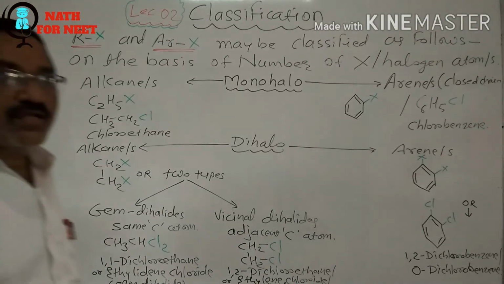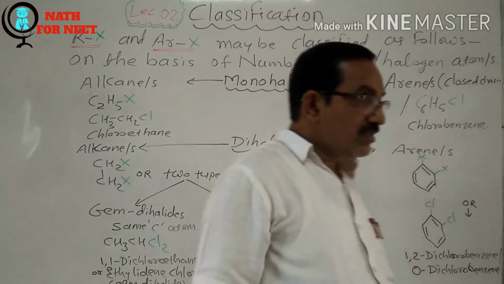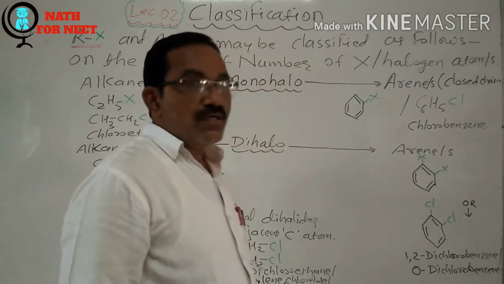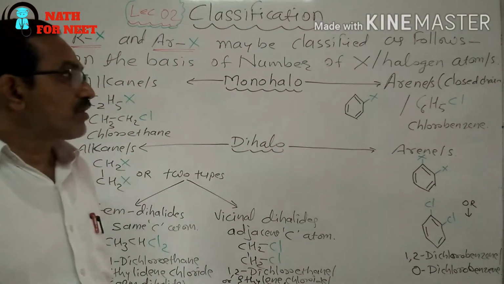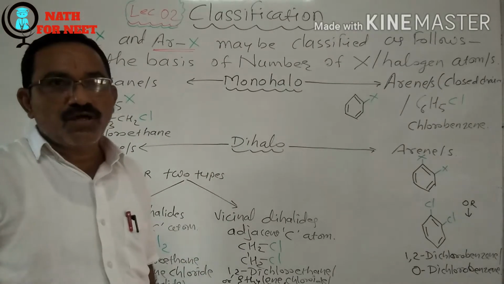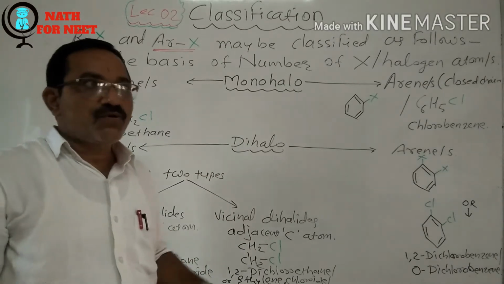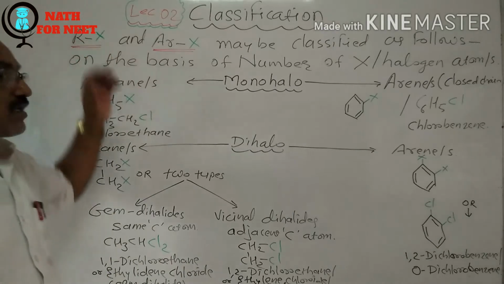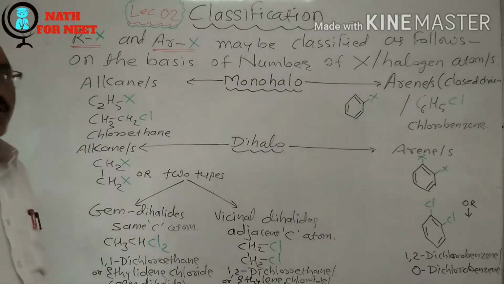So what do haloalkanes mean? The halogenated compounds derived from the open chain hydrocarbons are referred to as haloalkanes, or you can say